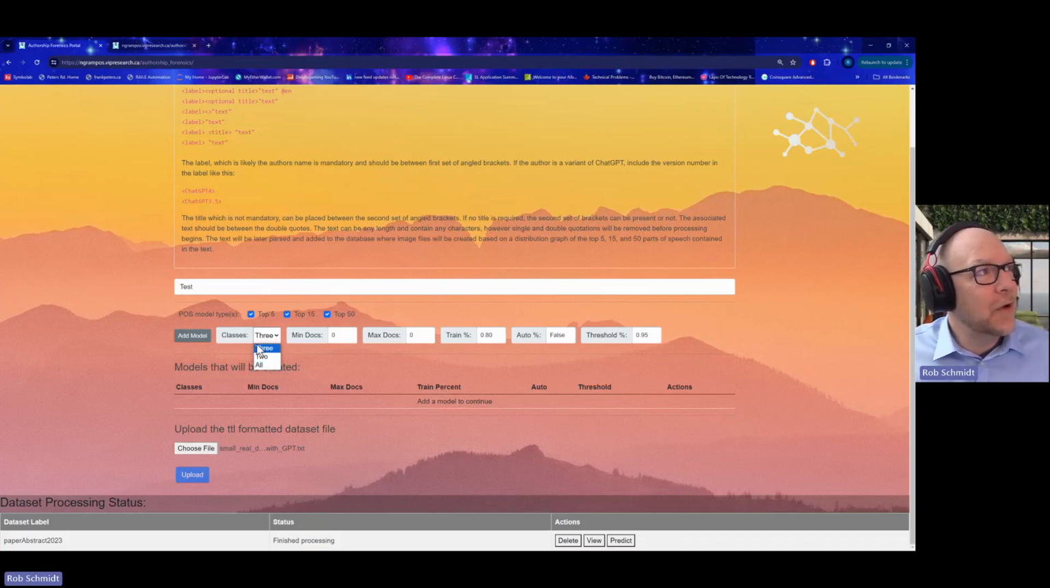Anyway, so 3 is to differentiate between human, ChatGPT 3.5, and ChatGPT 4. 2 is to differentiate between human and ChatGPT. And all is, of course, all authors. You're trying to determine the specific author for a specific document. Okay, min docs, this is one of the ways that you can control the